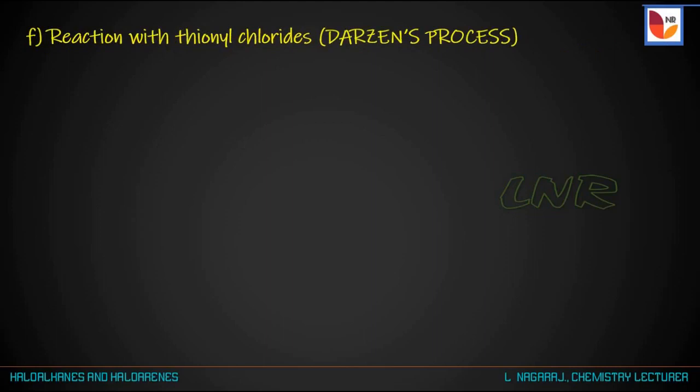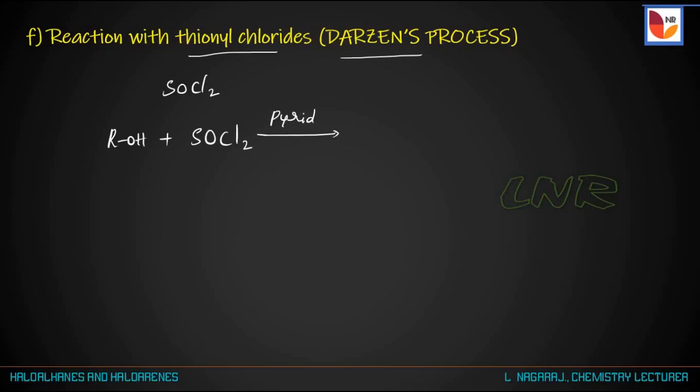Next method, preparation of alkyl halides from the alcohol by using thionyl chloride. So this method generally is called Darzens process. Thionyl chloride, the formula for thionyl chloride is SOCl2. That is, when ROH alcohol reacts with the SOCl2 in the presence of pyridine, the reaction takes place in the presence of pyridine, and the byproducts are represented as